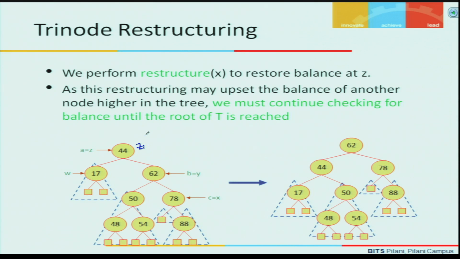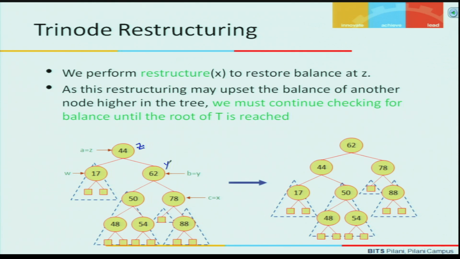Y is going to be the root of the right subtree, because that is the one which has larger height than the left subtree of z. So, y is going to be here, and